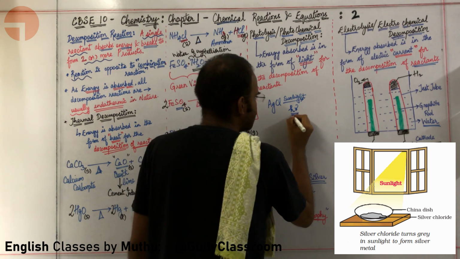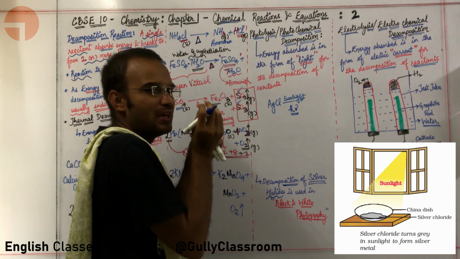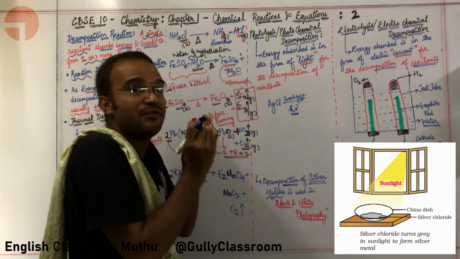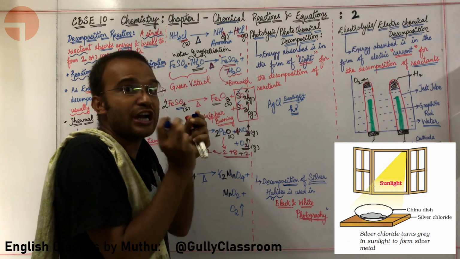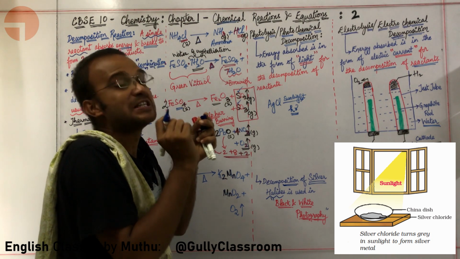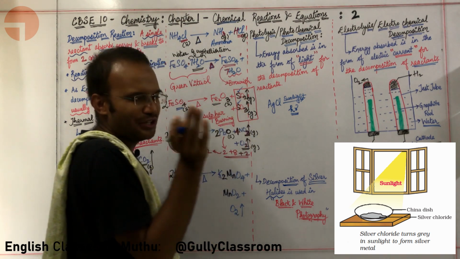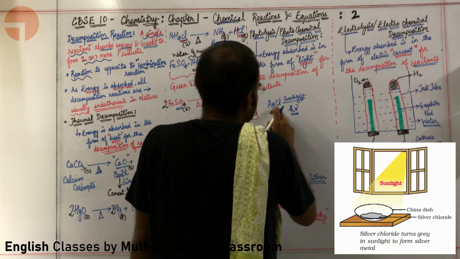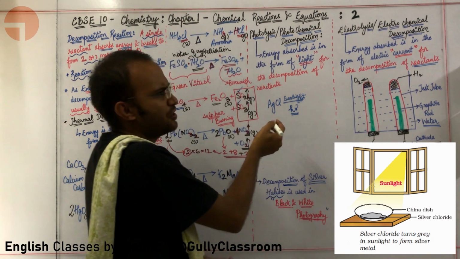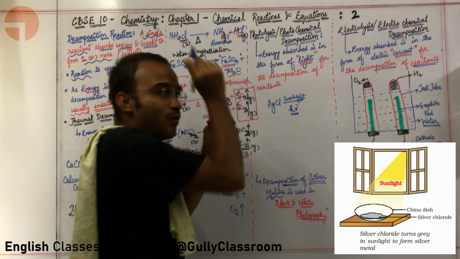You will study what is H nu in physics. It simply represents the energy of a particle of light. Light can be considered to be made up of a number of particles which are called photons. You will learn about this in 12th standard second book, in the unit light. So AgCl, silver chloride, when sunlight is given, or H nu. What is H nu? H nu is simply the energy of one particle of light.